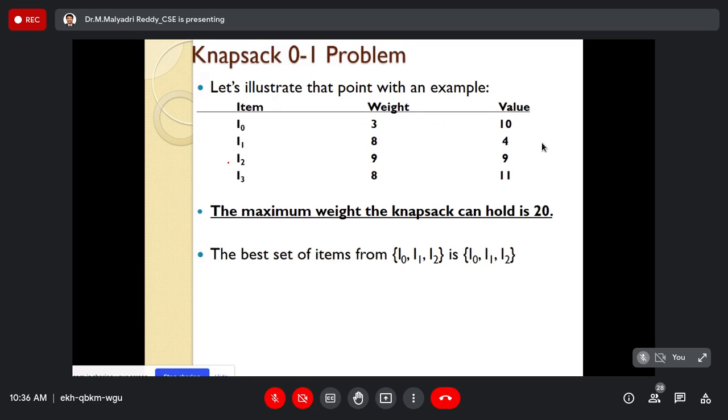So this is a brute force method to choose the items. Suppose 4 items are there: weights 3, 8, 9, 8 and profits 10, 4, 19, 10. If the capacity is 20, there are different ways we can choose the objects to fill the knapsack. It is a brute force method. There is no specific technique to solve this problem in these examples. To get better profit and better benefits, we have to use dynamic programming, that means the 0/1 knapsack approach.